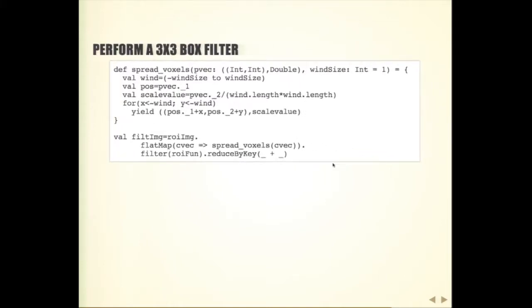And so what you see here is that to do a box filter in MATLAB is very easy because you just use the function that's built in, but to write it yourself in C is much more complicated than this. And so Spark makes complicated tasks fairly easy. And when you run this code, it automatically runs on your cluster, your cloud, or whatever you have set up. You don't have to redo anything.